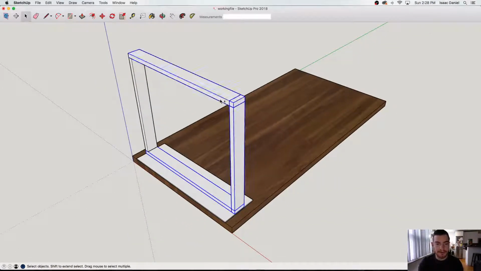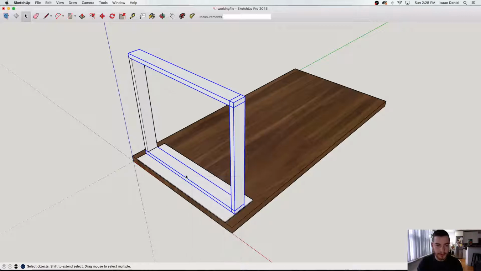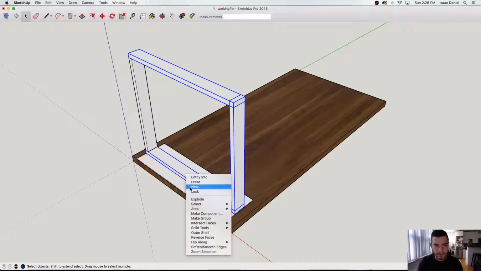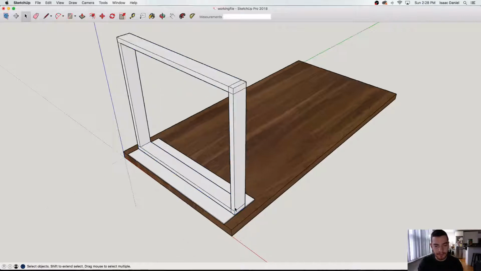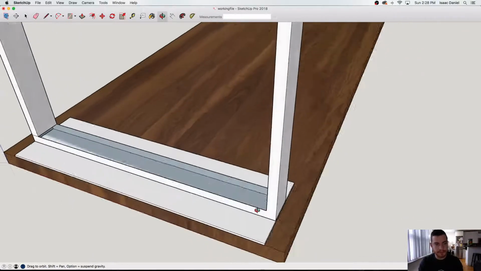So we're going to take all of these guys. That one's not a group, so it doesn't matter. But we're going to take these 3 rectangles and explode them, because they're groups right now. And you can just do that by right clicking with whatever is selected that you want to explode and select explode. So now you can go and delete whatever lines you don't need, and you can see sometimes SketchUp will